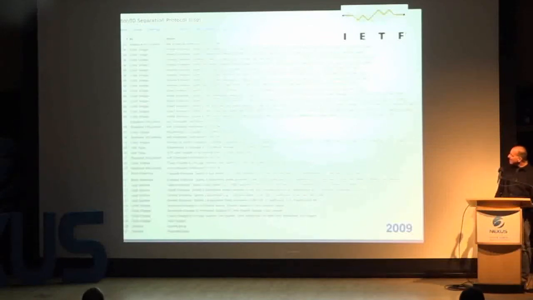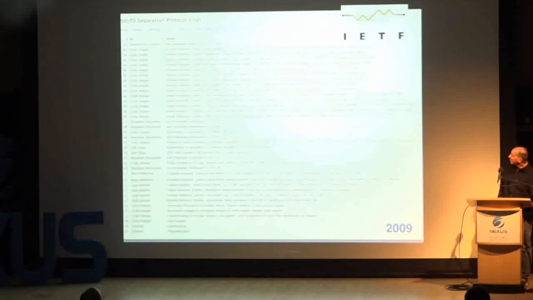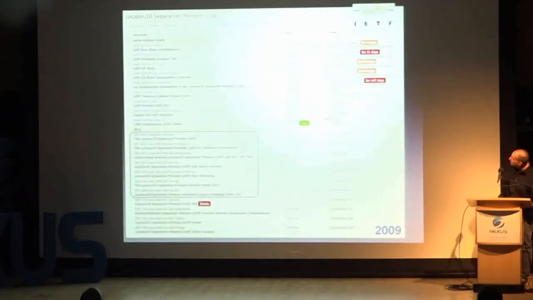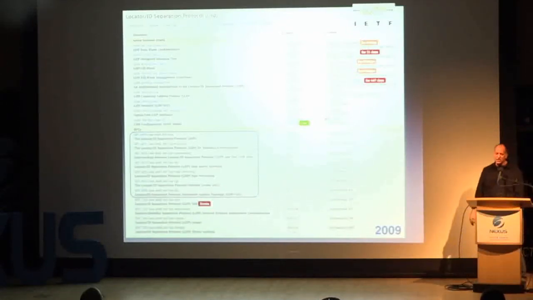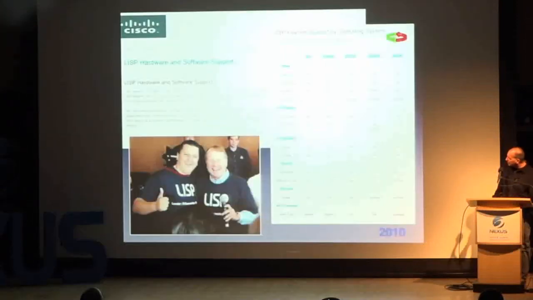In 2009, we became an IETF working group, Internet Engineering Task Force. And that's when we started looking at the bits and bytes, building the protocol, building implementations, building pilot networks. Still in 2009, we were working on a set of RFCs that would be experimental RFCs. Those things became RFCs officially in 2013. But this is the working group page on a lot of other use cases that we looked at back in 2009. Many things went through review for quite a long time.